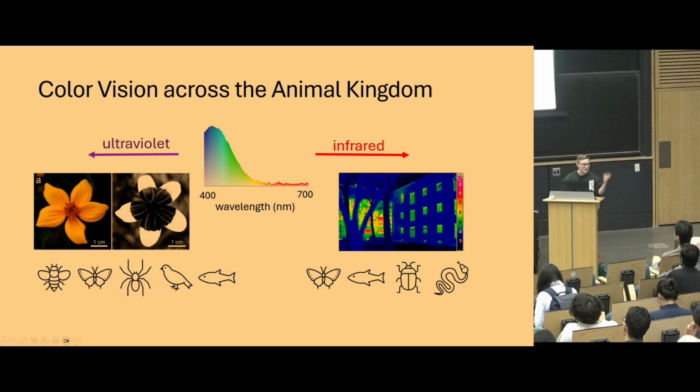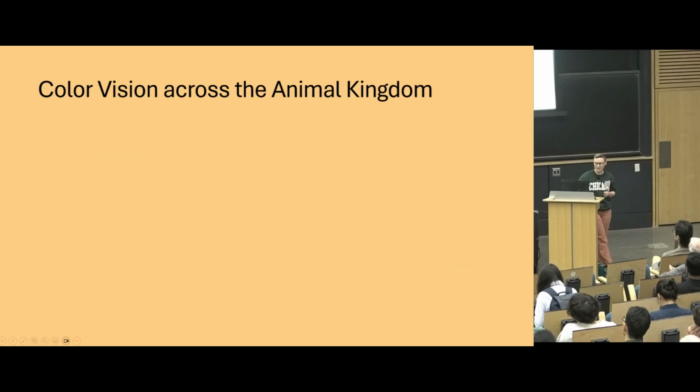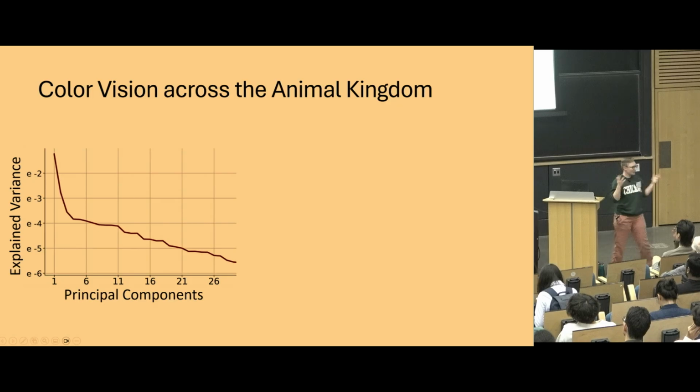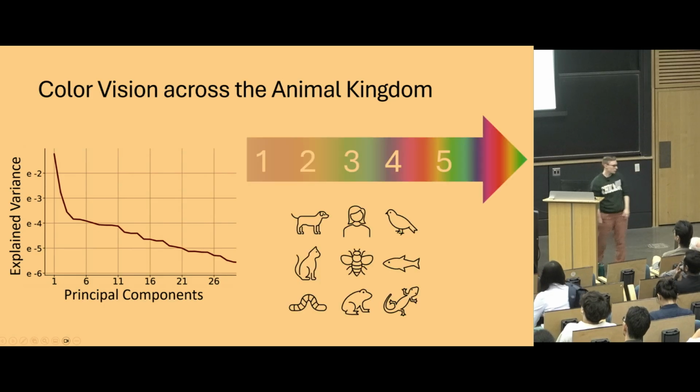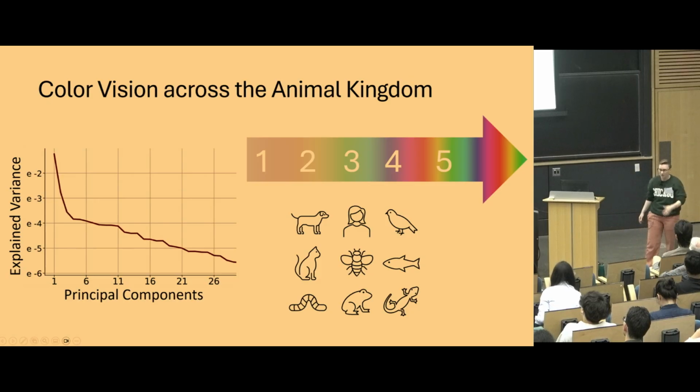The other basic principle that holds across a lot of these animals, we've seen a plot like this earlier today: there are not that many dimensions with a lot of variance in natural spectra. Basically, 2 to 4, maybe 5 components of the spectrum will get you a pretty good approximation of the high-dimensional vector. And so sure enough, it turns out that most animals have 2 to 4 cone types in their eyes.